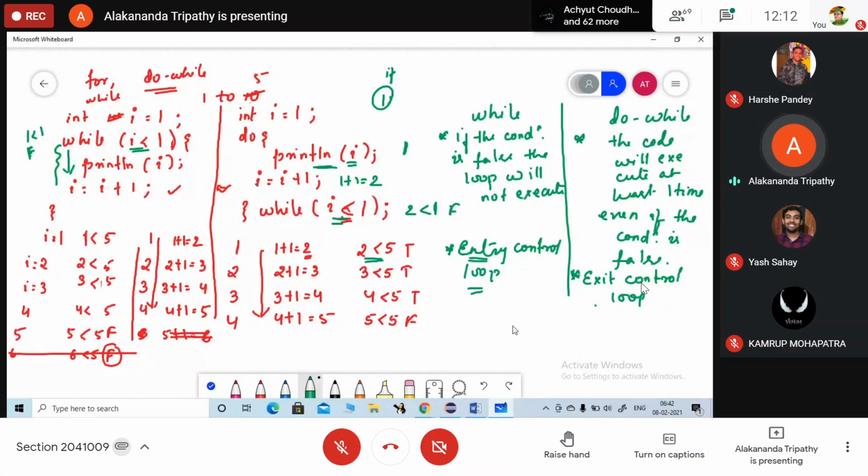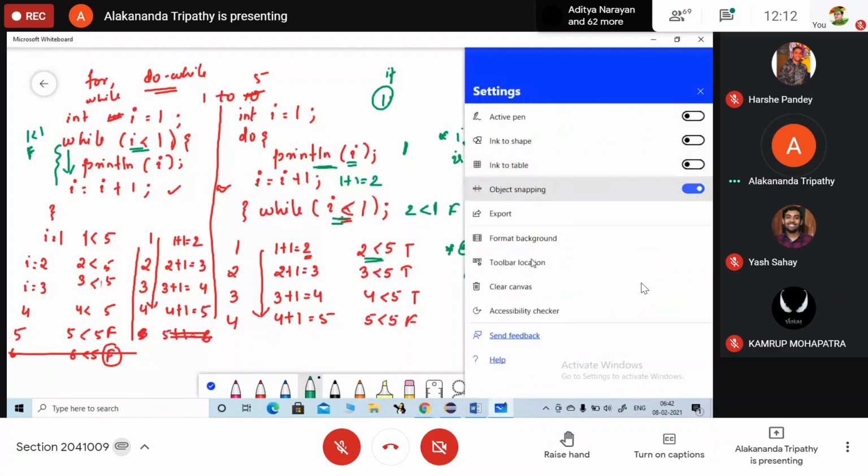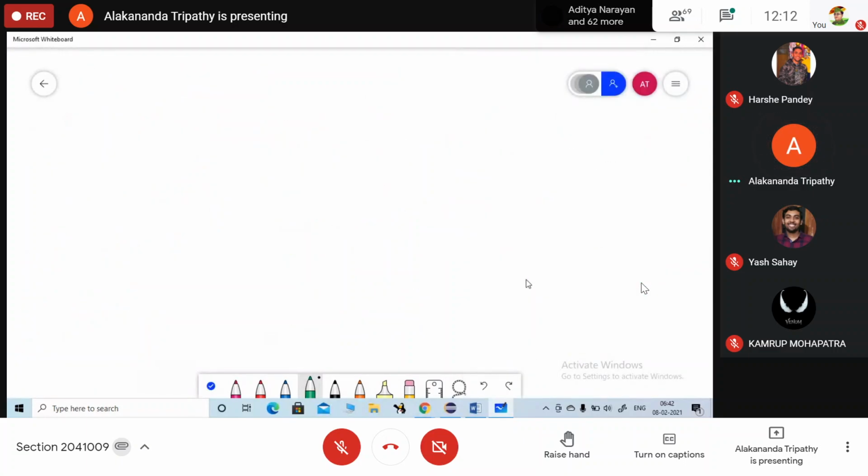Okay, I am just clearing the screen. Now, we will do one program. Before making the program, I am just giving you one question. Tell me what will be the output of this part.